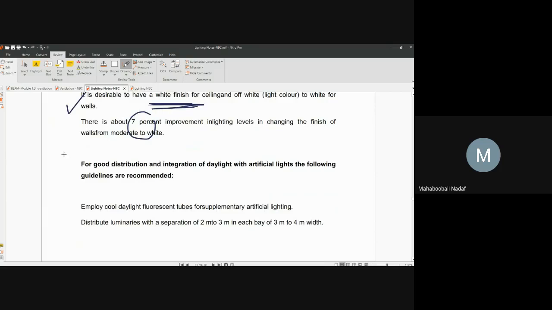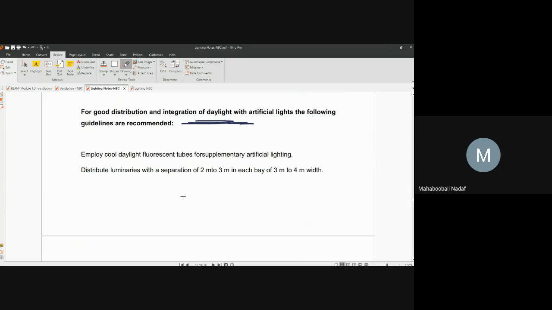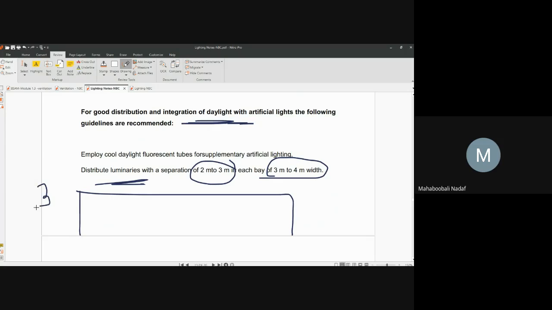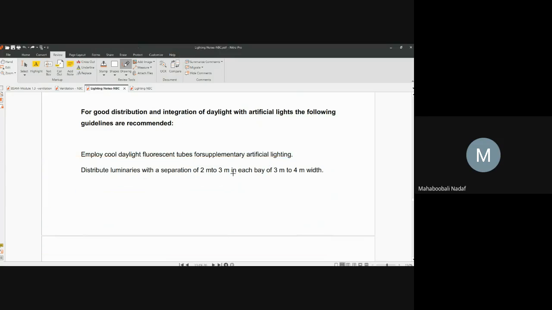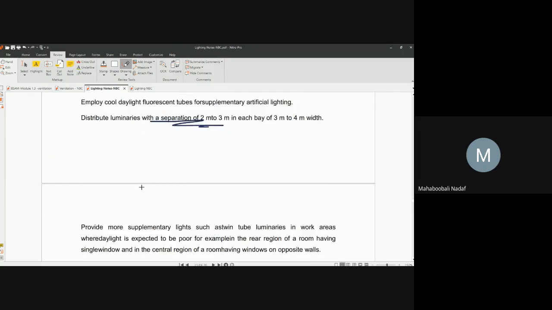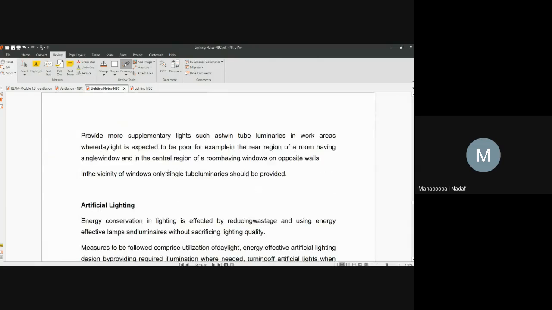Okay, second point: the first one was windows, the second is for bulbs, what we call bulb luminaires. How to get that? Distribution of luminaires is generally 2 to 3 meter in a bay of 3 to 4 meter width. Means what? If this is a room, here 3 to 4 meter is the width, so you can give a bulb every 2 meter, 2 meter, 2 meter, whatever may be the length. So that is the first point: separation of luminaires 2 to 3 meter. Second, try to provide central region lighting so that distribution of light is more. Wherever a window is there, provide the bulb opposite to it. So those are the two common things.